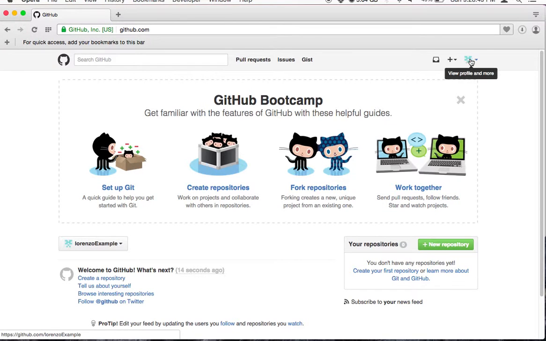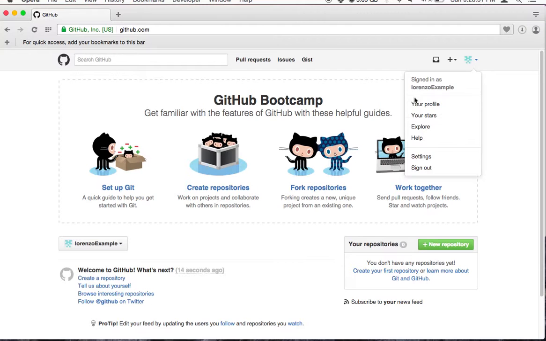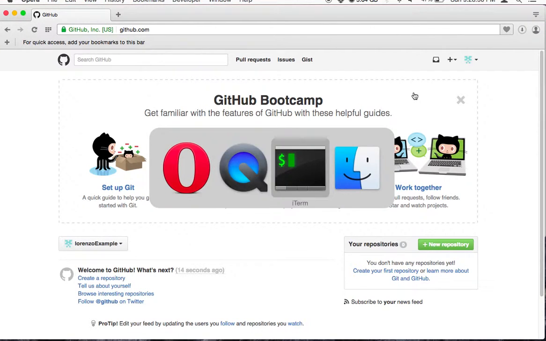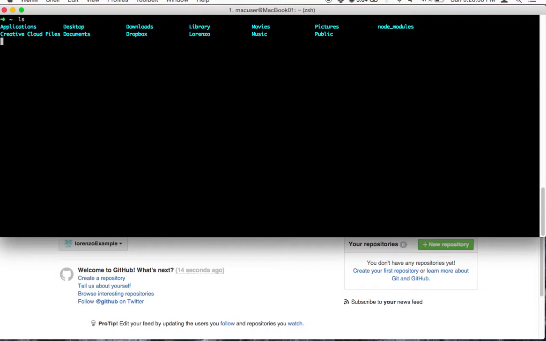So here's going to be your profile, right? It tells you everything, and that's going to be the first step. Make a profile. Okay, then we're going to go to the terminal. We're going to make a new directory. We're going to call it example